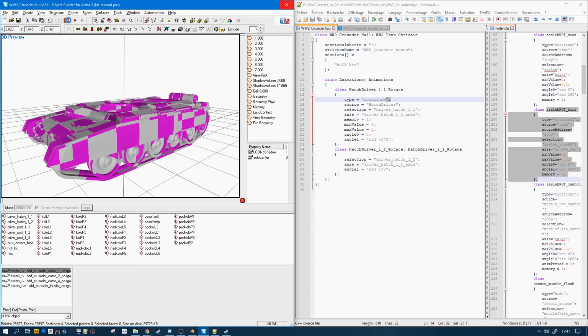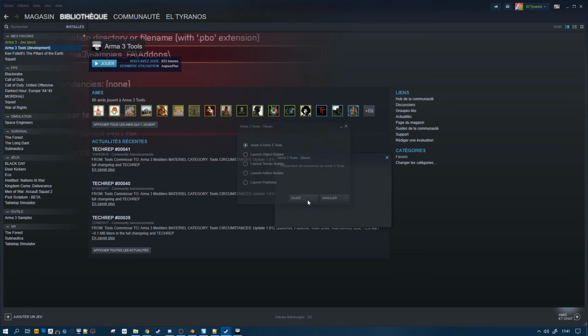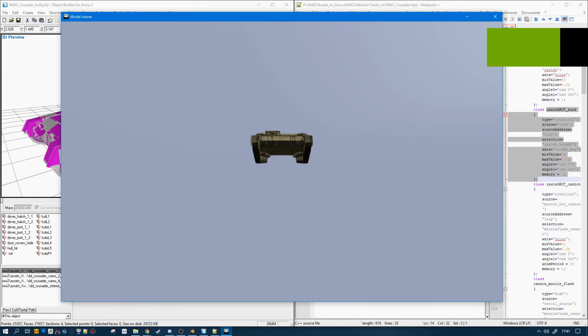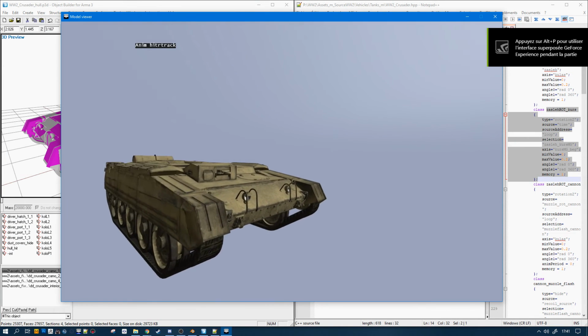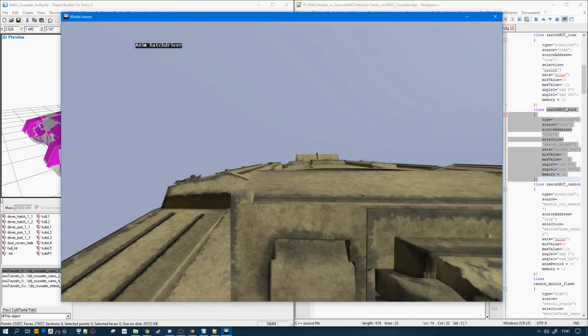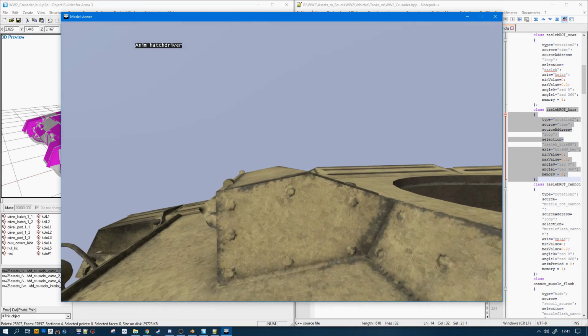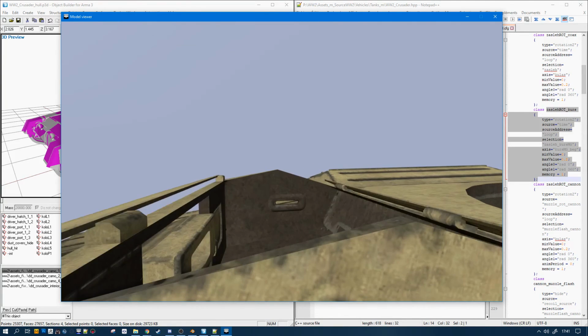So you want to avoid restarting Bulldozer as much as possible because it just takes a while to load. I found this trick is to start Arma 3 tools from Steam. It's going to make the computation quicker, otherwise it can take up to 5 minutes. And so AltDriver has appeared here. I'm navigating with Enter and Backspace, and you see that the animations are triggered.